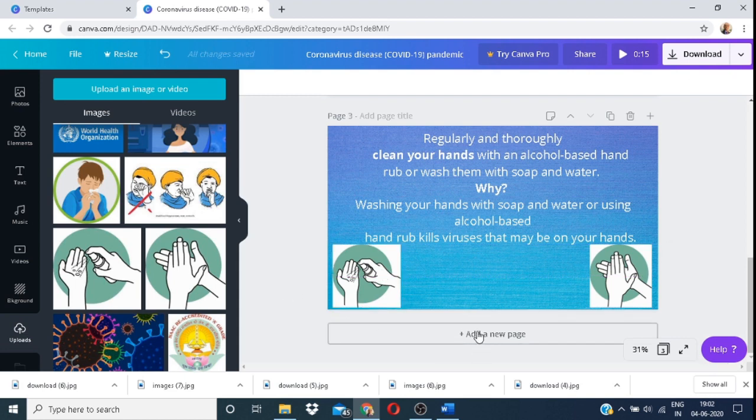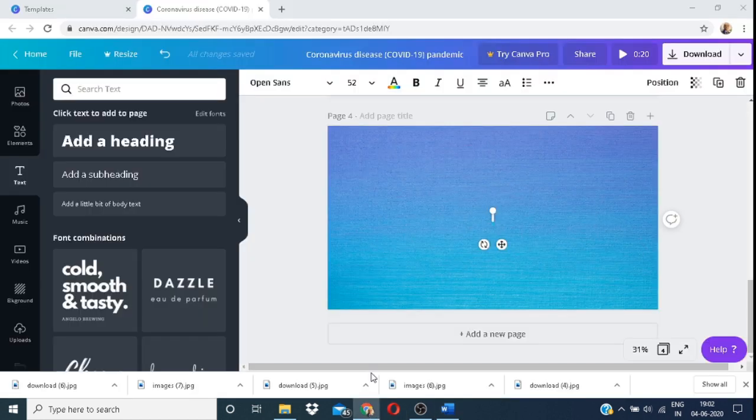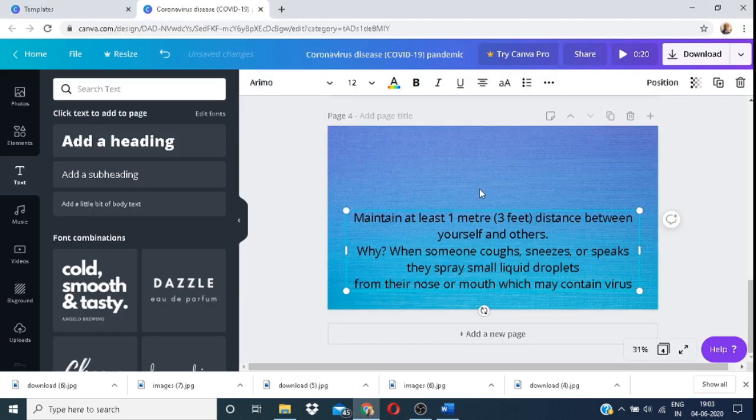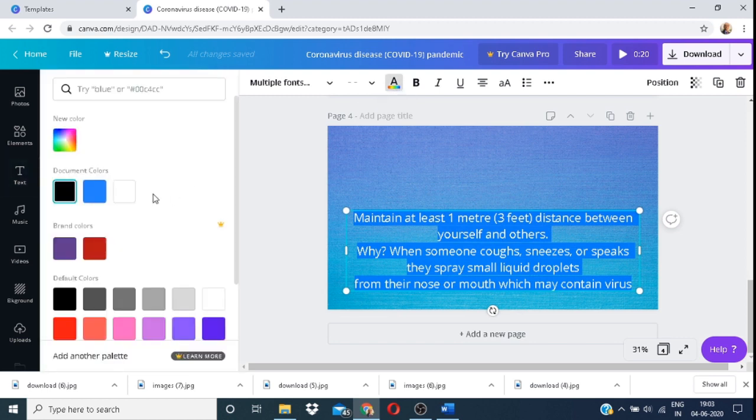Now we'll go and add a new page. Yes, so again I'm going to select all and change the color of the font, which doesn't look great to me, so I'm going to change it.